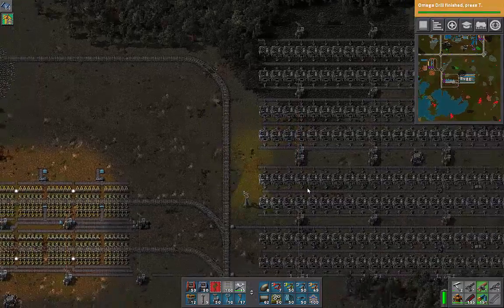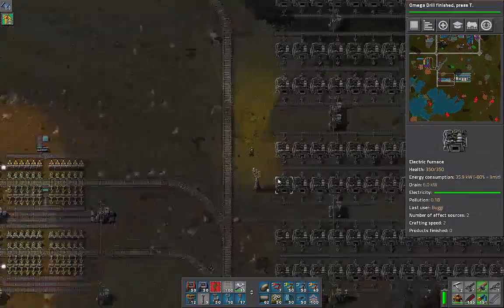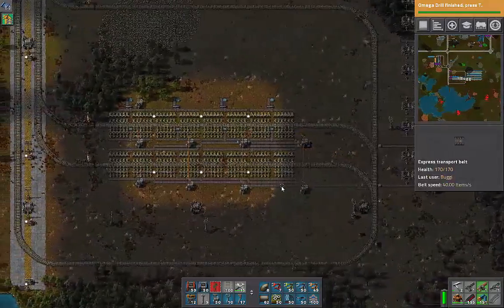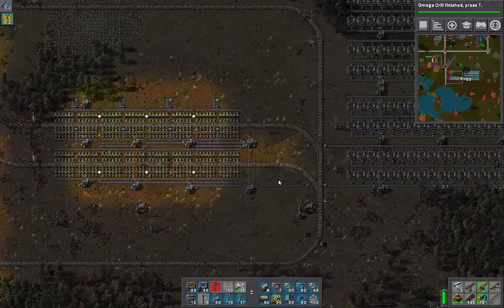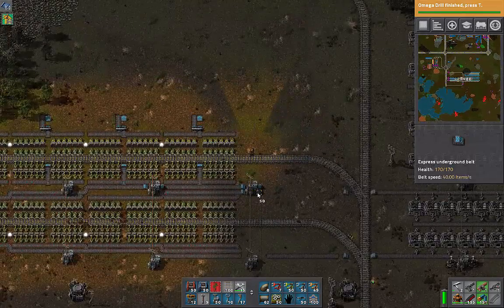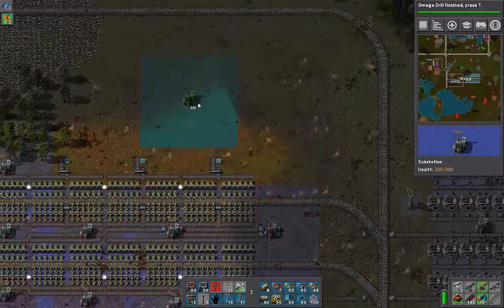And the Omega Drill just finished researching, which is awesome. We are in the midst of getting our iron outpost ready to go. So here we have a couple different things. We have...